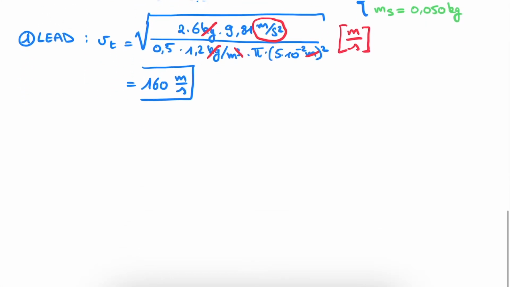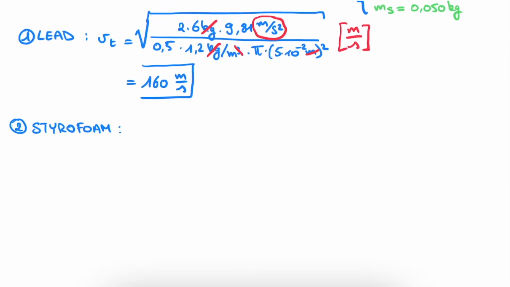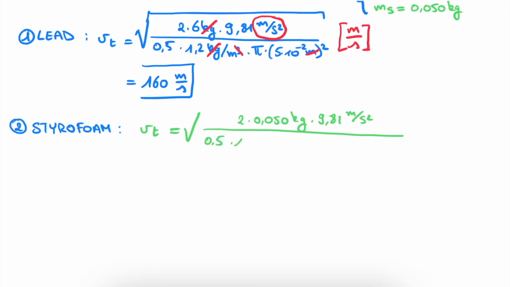So let's now compare this with the styrofoam ball. In this case, the only difference is that our mass, which was 6 kilograms before, is now 0.05 kilograms. So we can basically recycle a lot of what we had before. So we have the square root of 2 multiplied by 0.050 kilograms now, the mass of the styrofoam ball, multiplied by 9.81 meters per second squared, and divide this whole thing by the same denominator, 0.5, multiplied by 1.2 kilogram per cubic meter, the density of air, multiplied by the